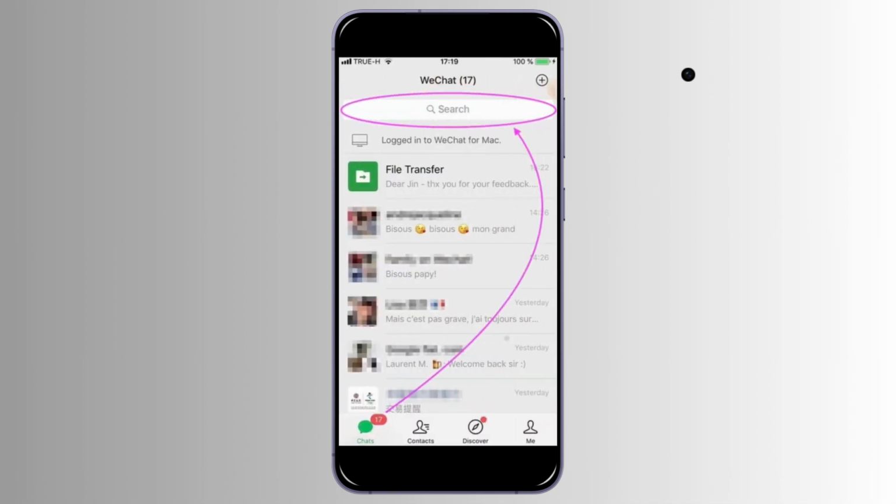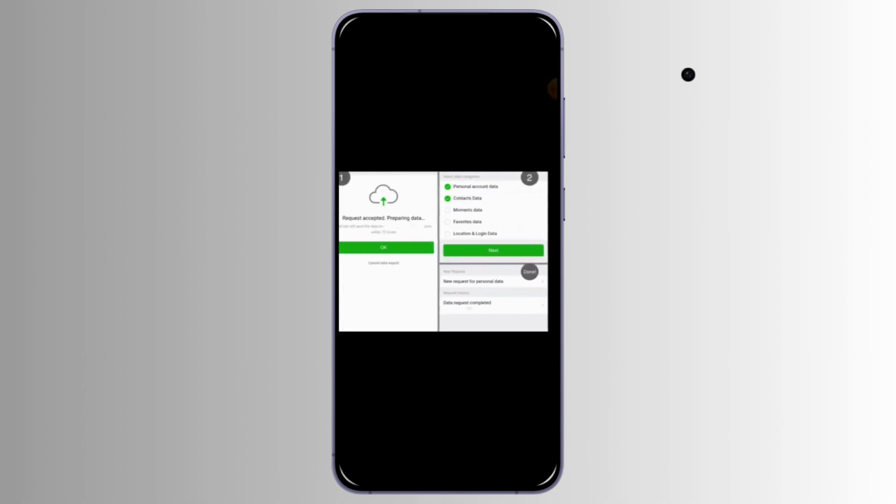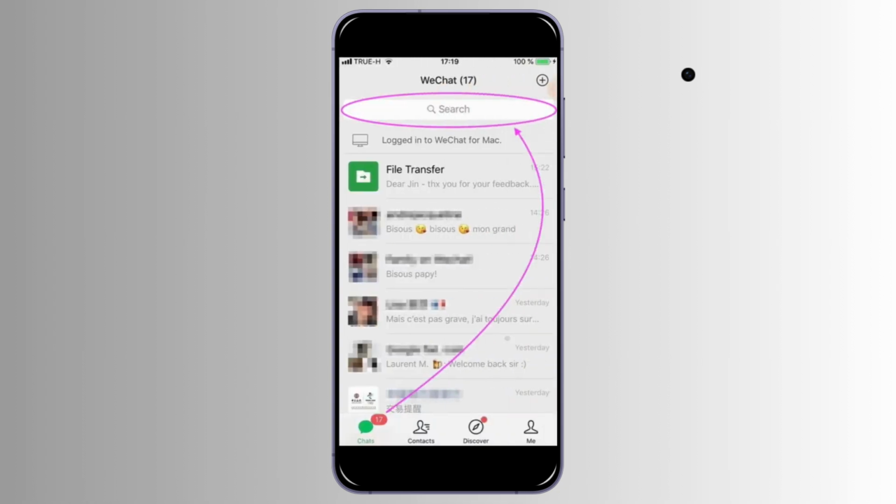After that, you just need to open WeChat on a new device, either your computer or PC. And on the very first page, you will be able to see a backup option if you have logged in to your old account. You just need to click on backup or restore. And if you have restored or backed up your data, you will be able to see your chats as it is on WeChat. So therefore, just follow that method and you should be able to restore data on WeChat very